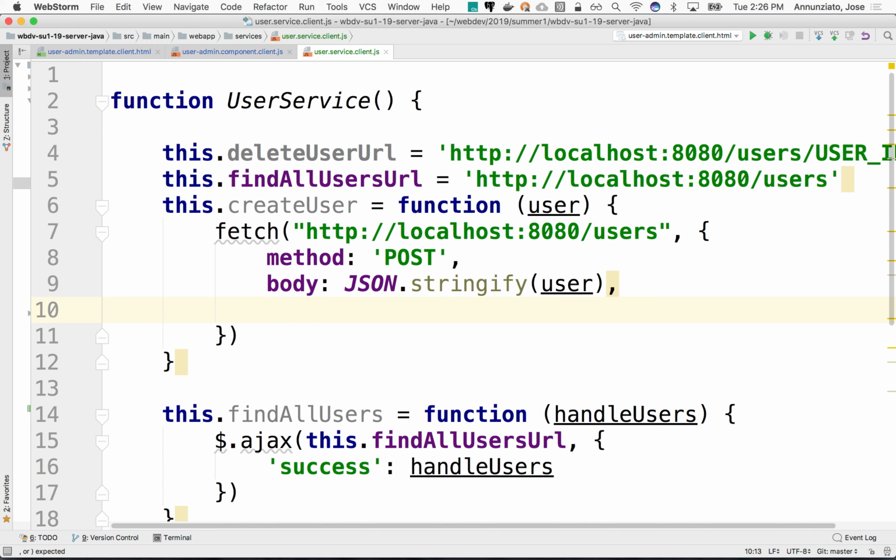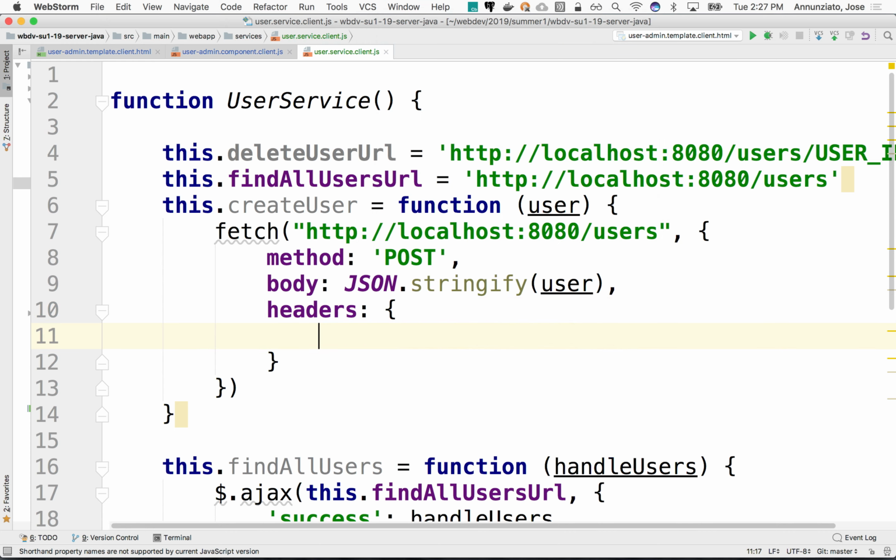What is it? Is it an image? I don't know what it is. So we need to tell it how to interpret this data that we're sending. Right? So to do that, we use the headers. We can configure HTTP headers. And in the headers, we can say that the content type,